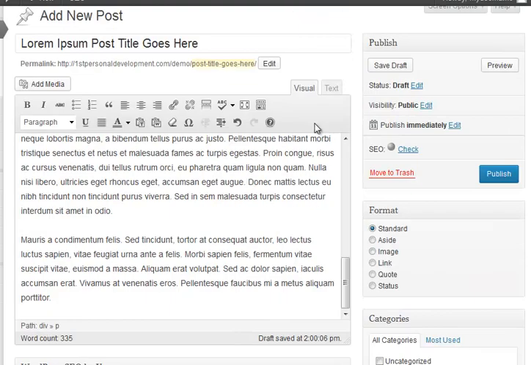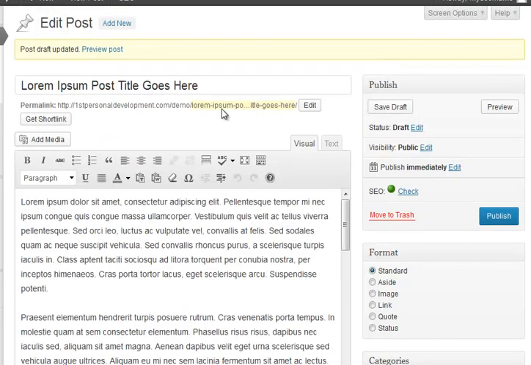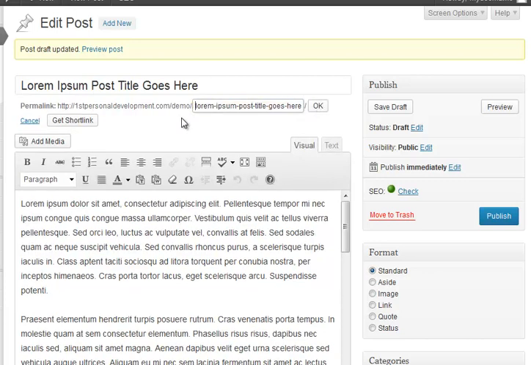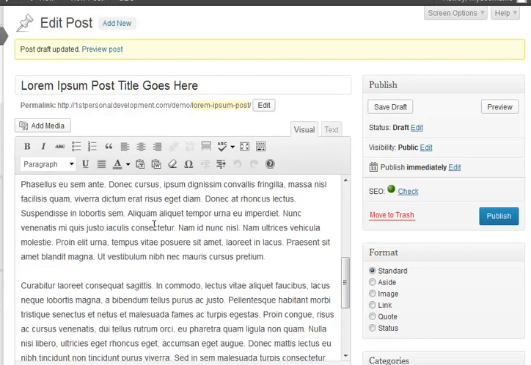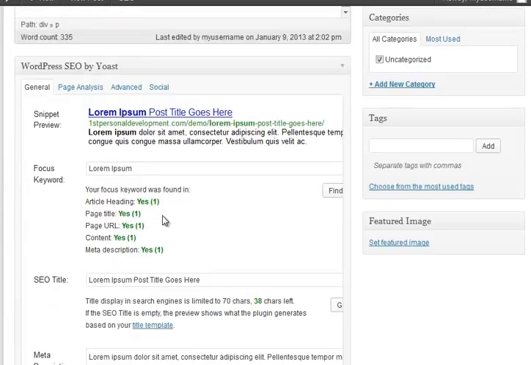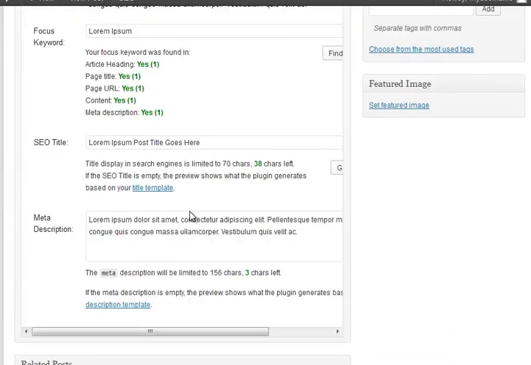Once you're happy with that, you can either save as a draft, which I'm going to do, or you could publish. That's the next bit I'm going to talk about. If you remember, we set the permalink up, and that's a bit long, so I'm going to cut that down to size, change that. Up to you whether you do that or not, but if the URL goes on for too long, I find it a bit yucky. And then the power of Yoast is, once you've set all those,